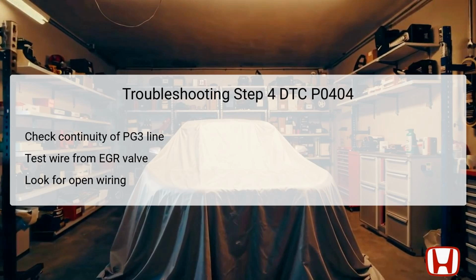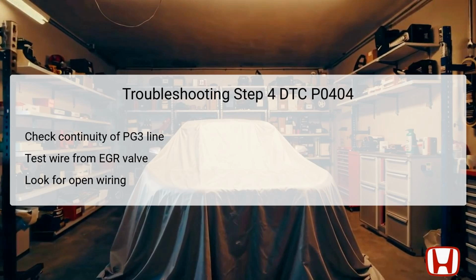Verify continuity between test point 1, which corresponds to number 1 of the EGR valve connector, and test point 2, which connects to the vehicle's body ground. If continuity exists, this indicates the PG3 wire is functioning correctly, allowing communication between the EGR valve and the engine control module, ECM. Conversely, if there is no continuity, it signals an open circuit in the PG3 wire, necessitating repair